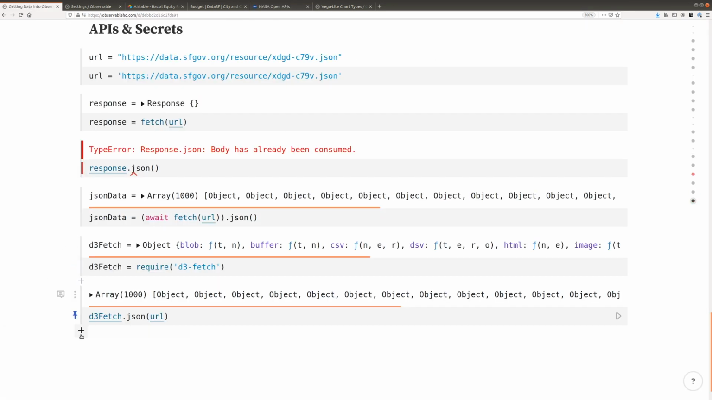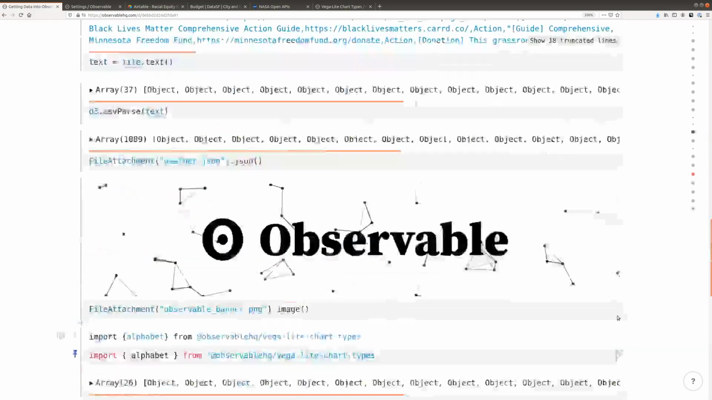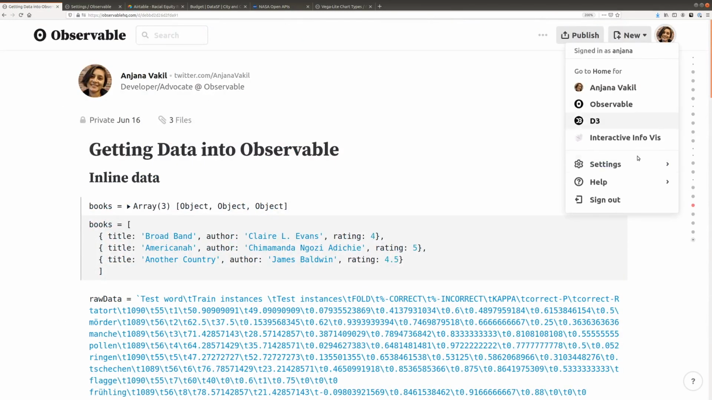So back in my notebook, I'm going to want to fetch from this URL, but I don't want to enter my secret API key or any private or sensitive information into a cell's source code, because then it will be saved in the notebook history. Fortunately, Observable allows me to store secrets in my account and access those securely from my private notebooks without exposing their values. If I go to my account settings page,